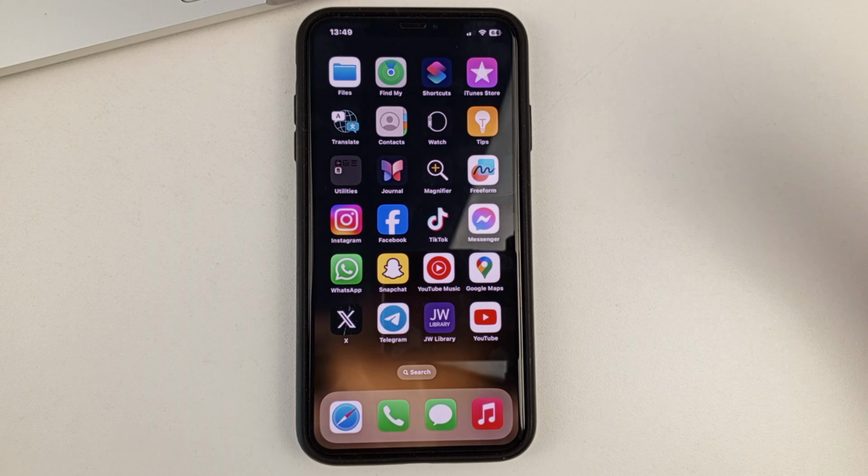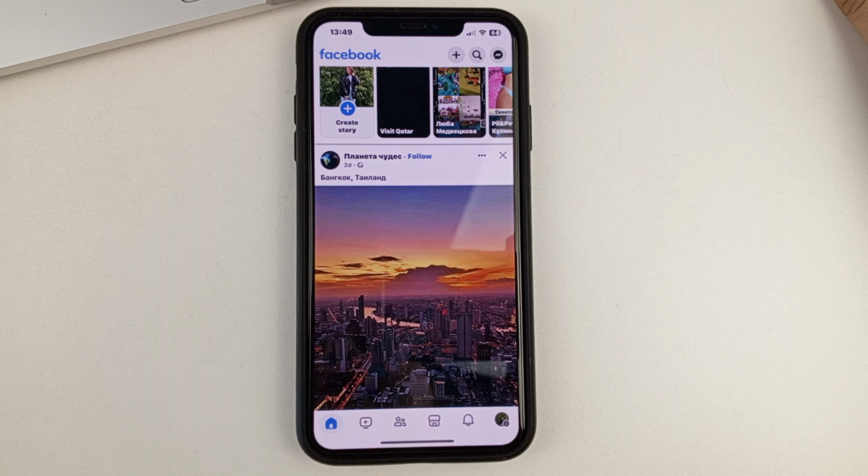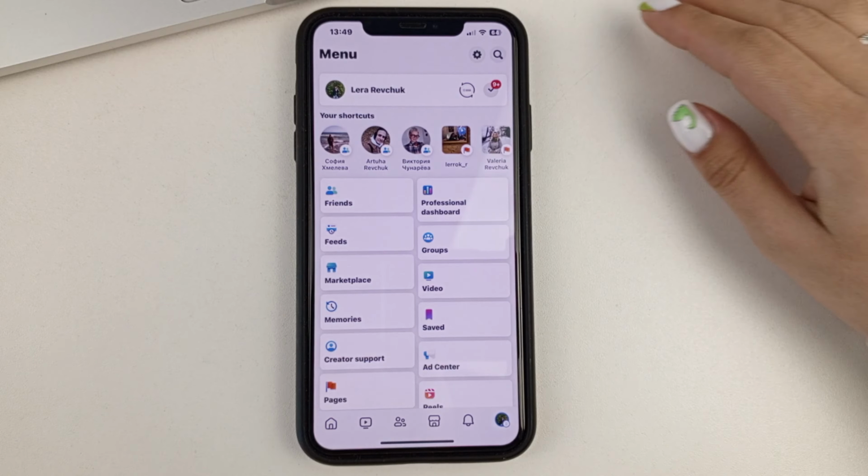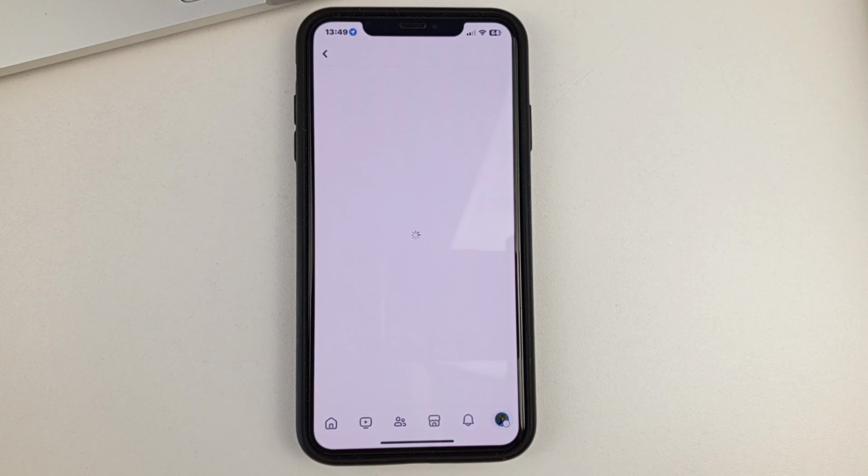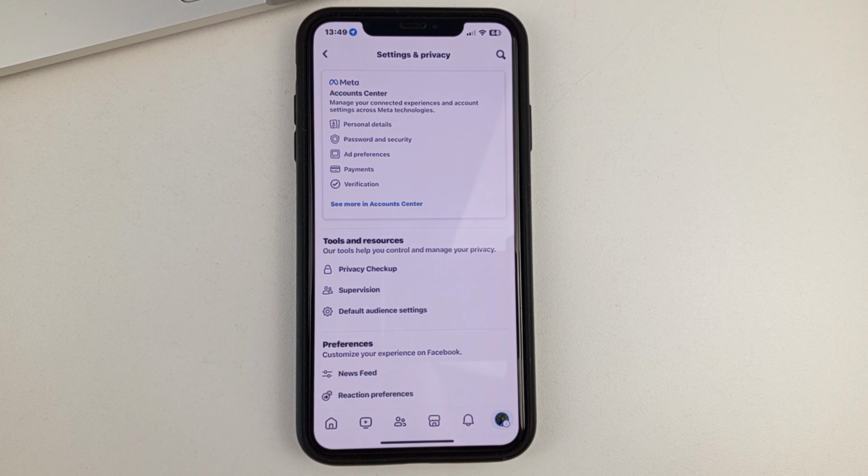First of all, open up the Facebook app. Then down in the bottom right corner, click on the menu. And then the gear at the top. Once you get to the settings,